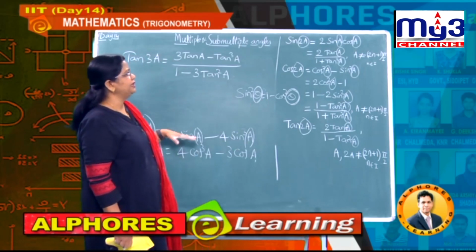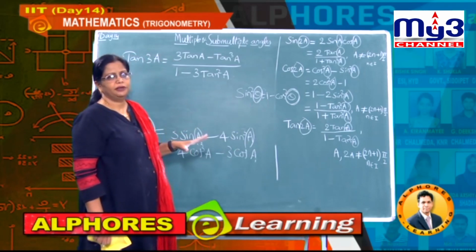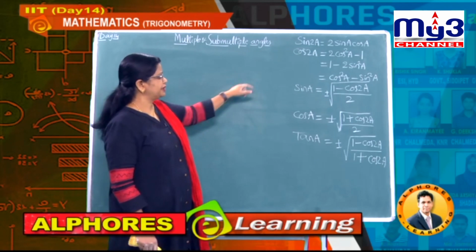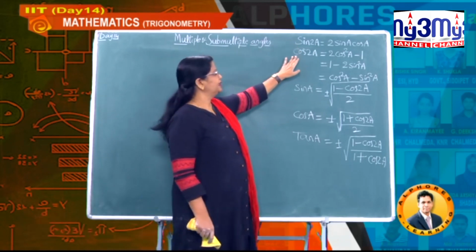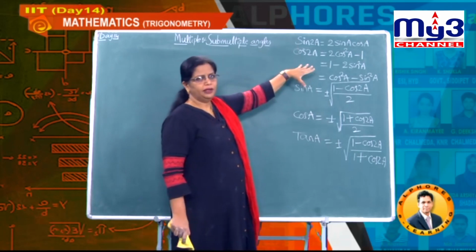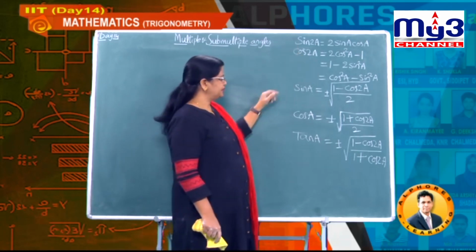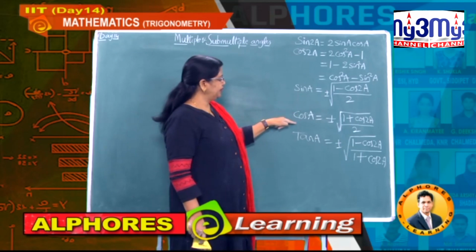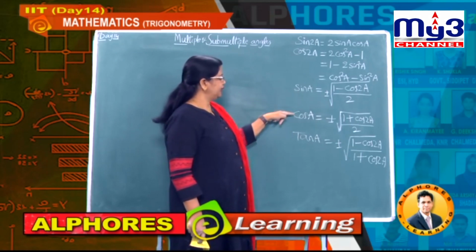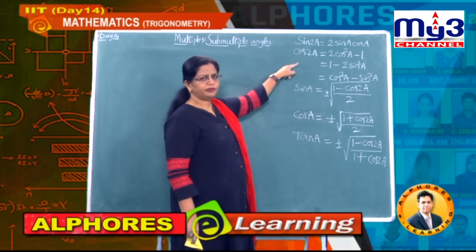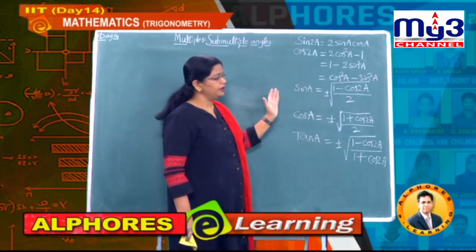Now let's do deductions from these formulae. So students observe sin 2a, cos 2a. Here let us take first sin 2a and cos 2a, these formulae. I am not writing the tan values here. And now these are the 3 deductions which we have to follow. Let us see how we got sin a, cos a, tan a from these sin 2a, cos 2a formulae.